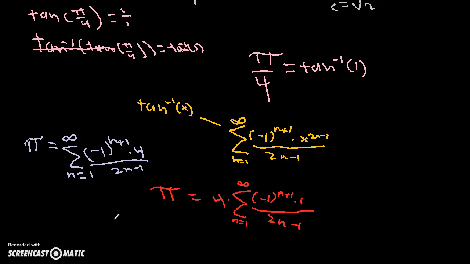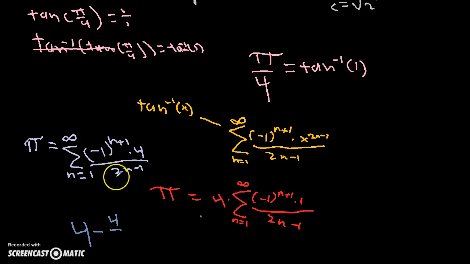So let's just do a few terms. Let's work with the first term. So we start with n equals 1. N plus 1 is just 2, so it's -1 squared, which is just 1 times 4. So it's 4 divided by 2n minus 1, n is just 1, so it's 2 minus 1 over 2, so it's just 4. And now remember it's alternating because of this -1 to the n plus 1 power, so it's going to be minus